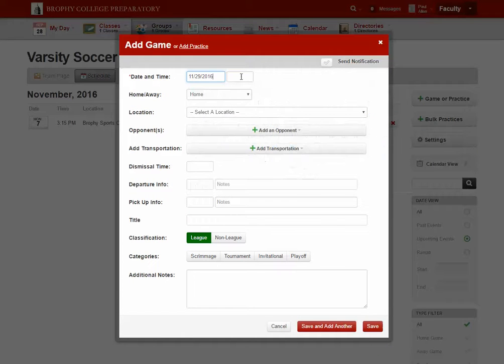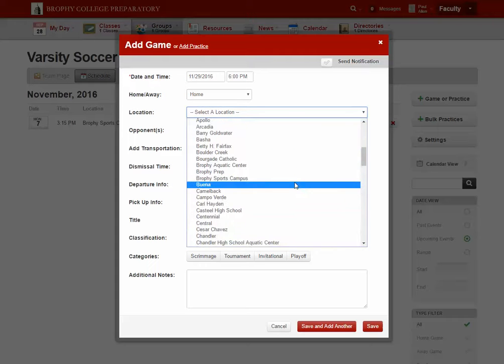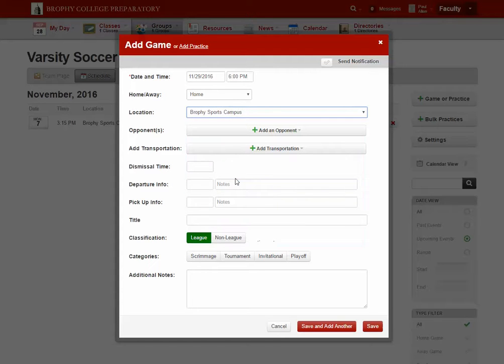So 29th, 6 p.m. it says. It is home, it looks like. So we're just going to say home. And this is so that if somebody else comes to our website and they need the address, they can pull up